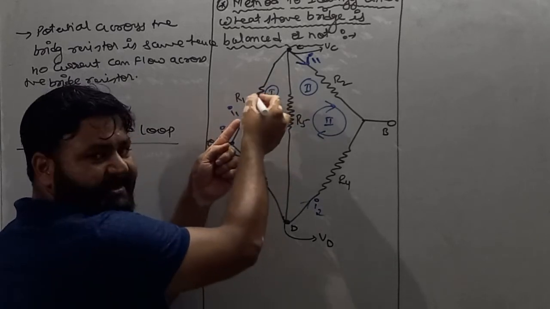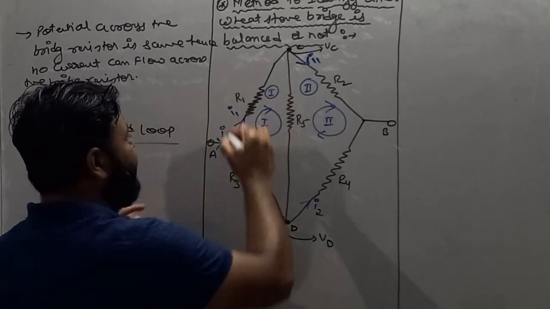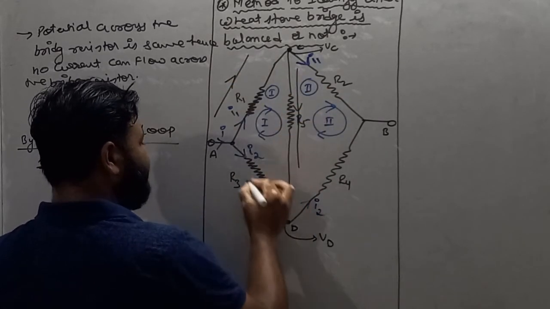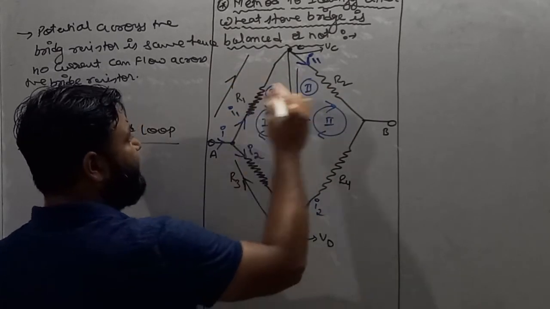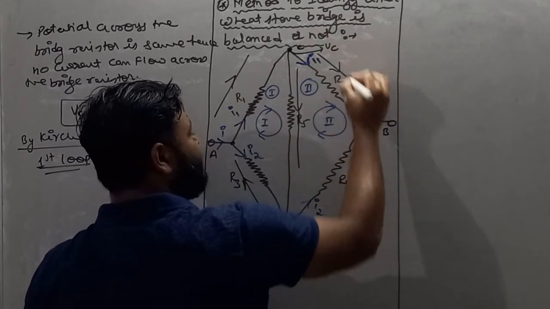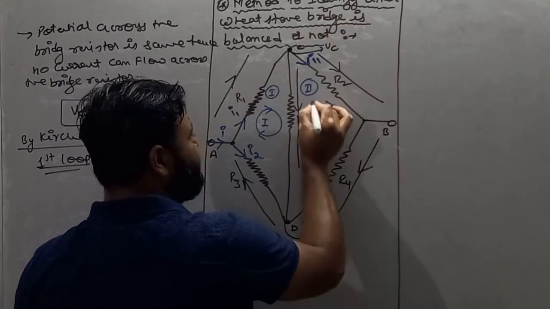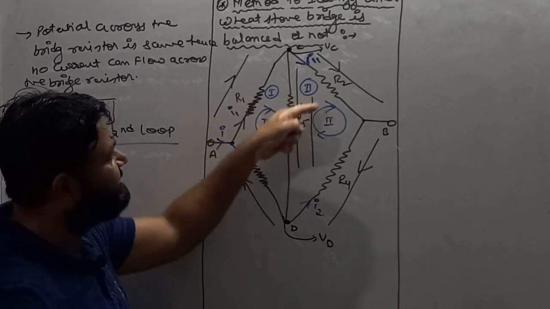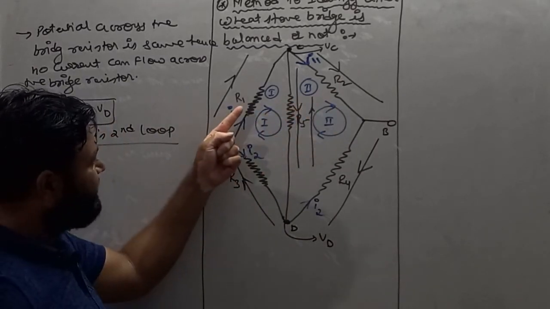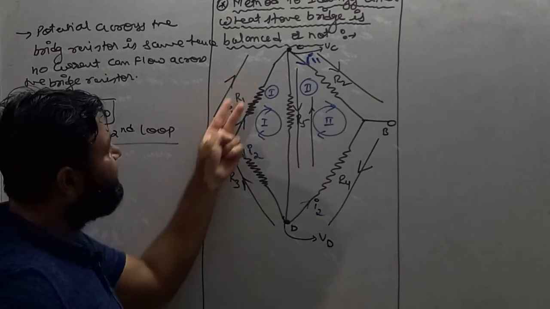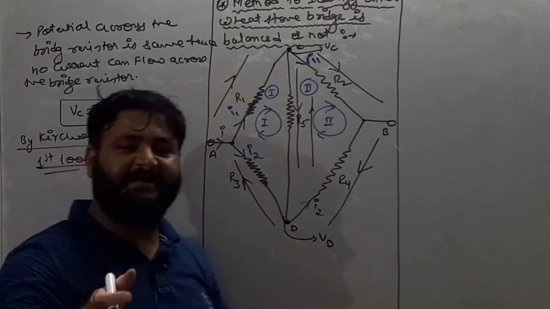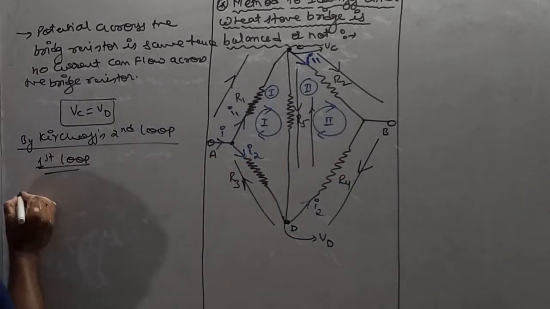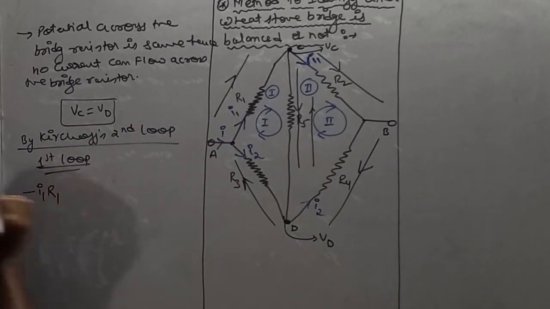I'll find R1. Now see, my direction and the direction of current, I am moving like this. This is our first circuit, and I'll move like this for the second circuit. So this is our second circuit. My dear student, this is loop first and this is loop second. I'll find R1. My direction and current direction are the same. So if current direction and my direction are the same, as we know, we'll write minus I1 R1.